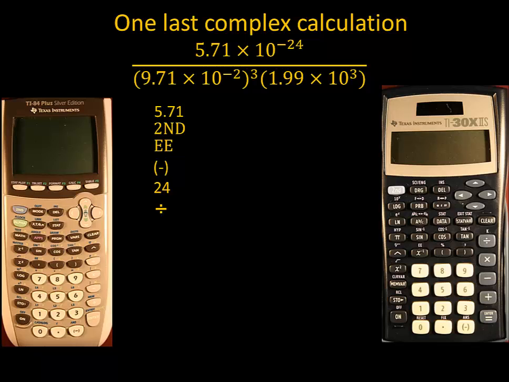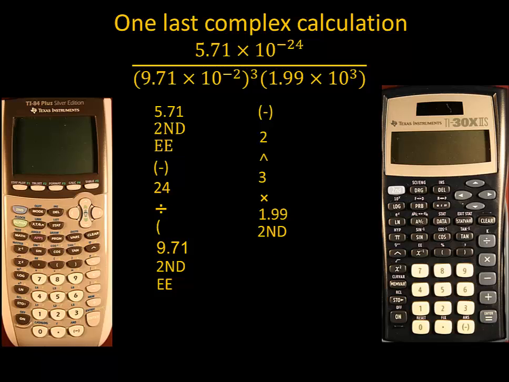Now, because there are two numbers multiplied together in the denominator, we need to tie those together. And we want the division to treat this as a single number. We do that by wrapping the denominator in parentheses. So we start off with a left parenthesis, and we'll end the denominator with a right parenthesis. But first we put in those numbers. 9.71 second EE. It's got a negative exponent, so minus sign wrapped in parentheses, 2. This number gets cubed, so we do that with the caret symbol and a 3. That number's in. We multiply it by the second number times